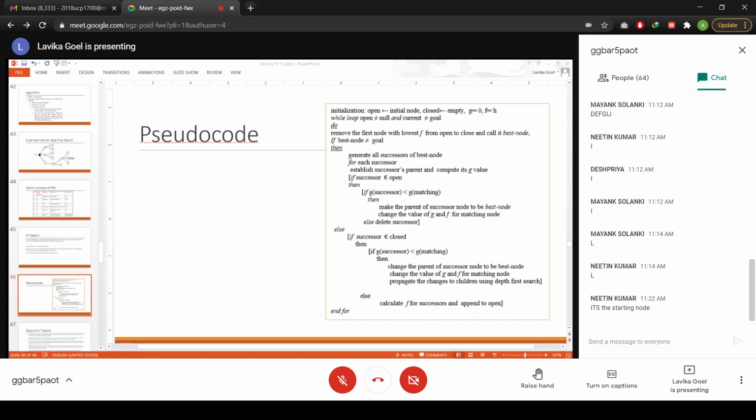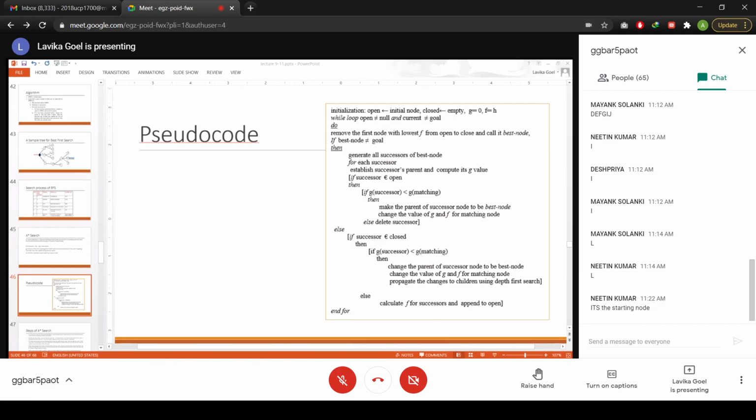And then you will just repeat the procedure. From the successors, you will move them to the open list, all those successors, and then from the open list, you will again select the best node, which will be the one with the lowest F value, and that will become the best node. From that best node you will generate the successors, compute their F values and append them to the open list. Then your open list will again get updated. So from that updated open list you will again select the best node with the lowest F value, and so on. Like this you will go on proceeding as you do in the best first search.